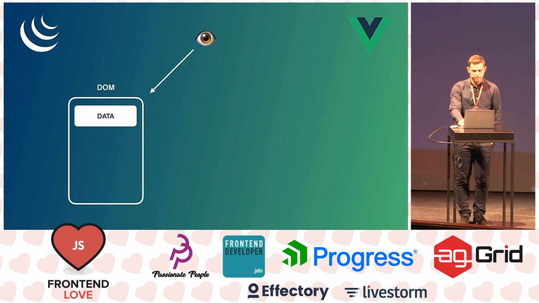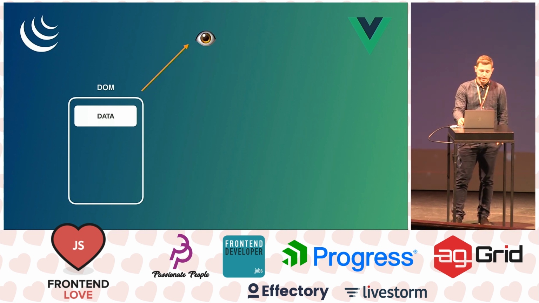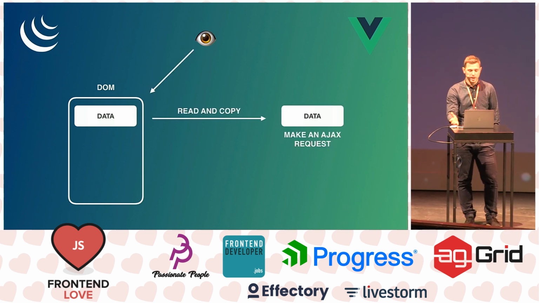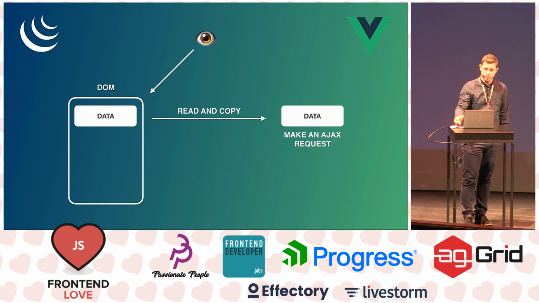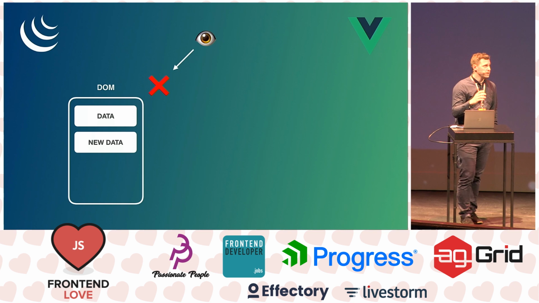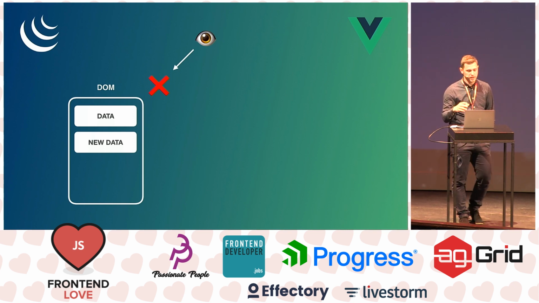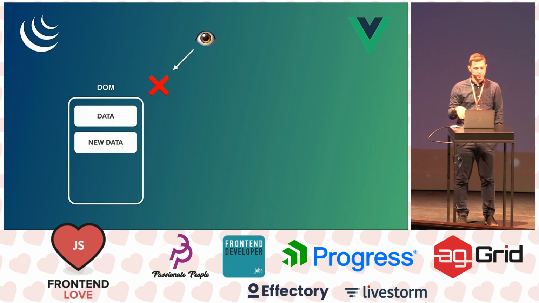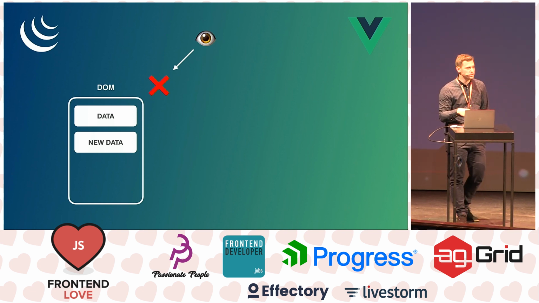With jQuery, for example, you keep your data in the DOM. When you click and toggle an event, you fire an event on jQuery, and jQuery will read and copy your data from the DOM, make an AJAX request, for example, and then replace your data in the DOM with the new data. With Vue.js, we escape this issue because during these 8 years of experience with jQuery,